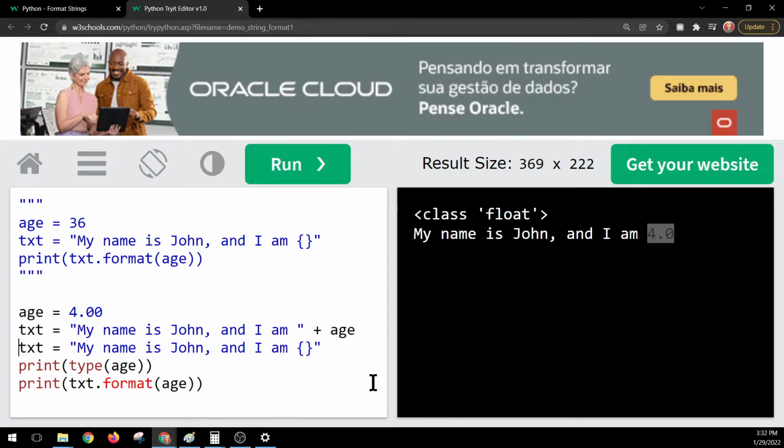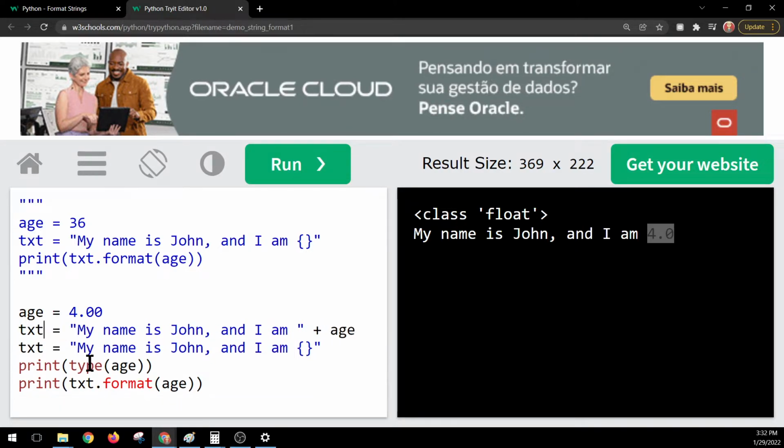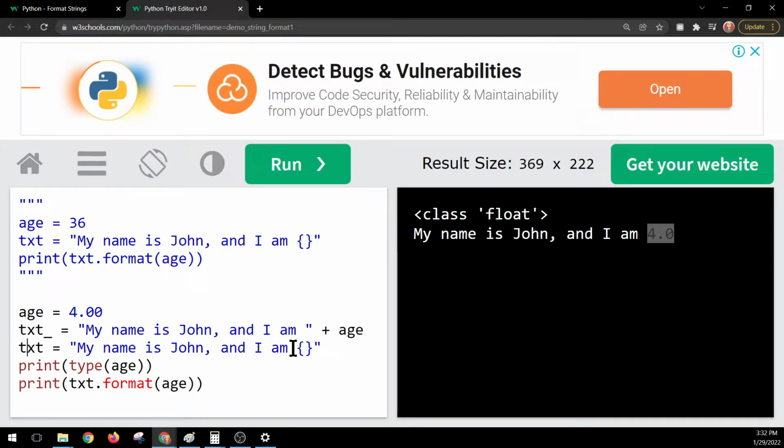And then let's call this txt_old, and this is the txt using the format, okay? So if you print this out,